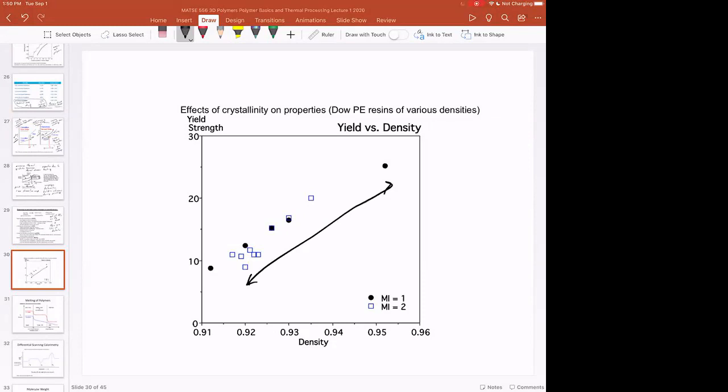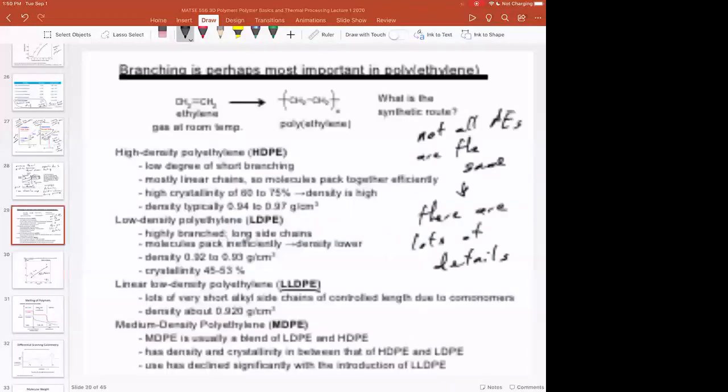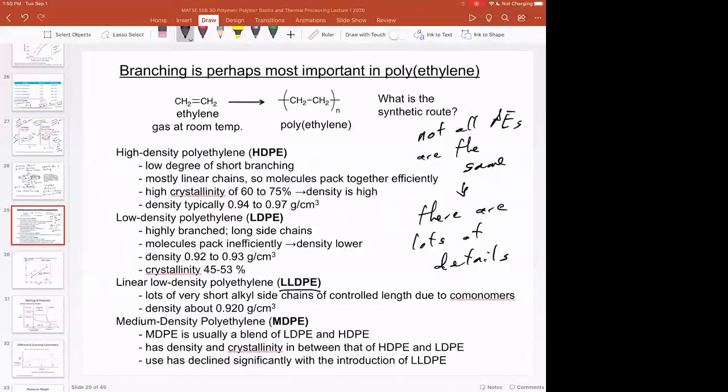plot showing all different polyethylene. And so these are all different types of polyethylenes with different crystallinity. So when we look at this slide right here, we see a statement about crystallinity or percent crystallinity. This is out of 100%, how much of the material is crystal, and of course, the rest is amorphous. So for a polymer like HDPE, which is high density polyethylene, it has a high density for a polymer, and